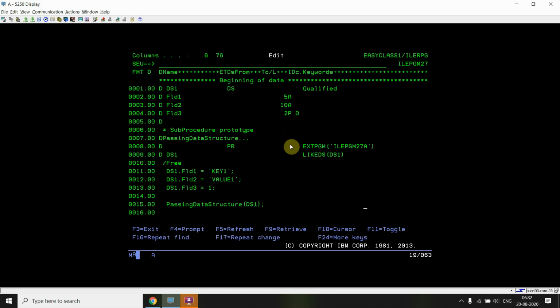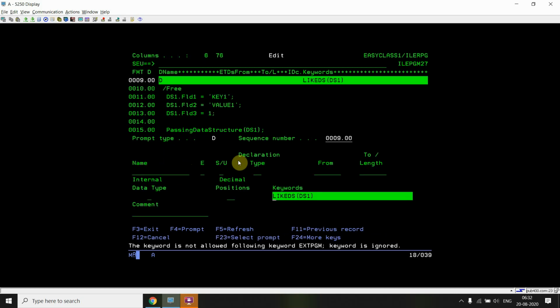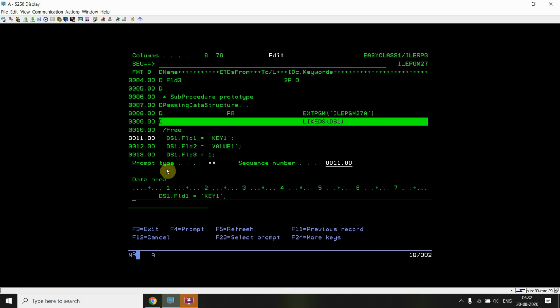I am passing this DS, like DS1. This is not a definition, just for documentation purposes. As I already told you, we need to give the name here so that it won't cause any issue. If I remove the name and press F4, you can see I'm getting the error. The name is not optional when you're using the LIKE DS keyword.